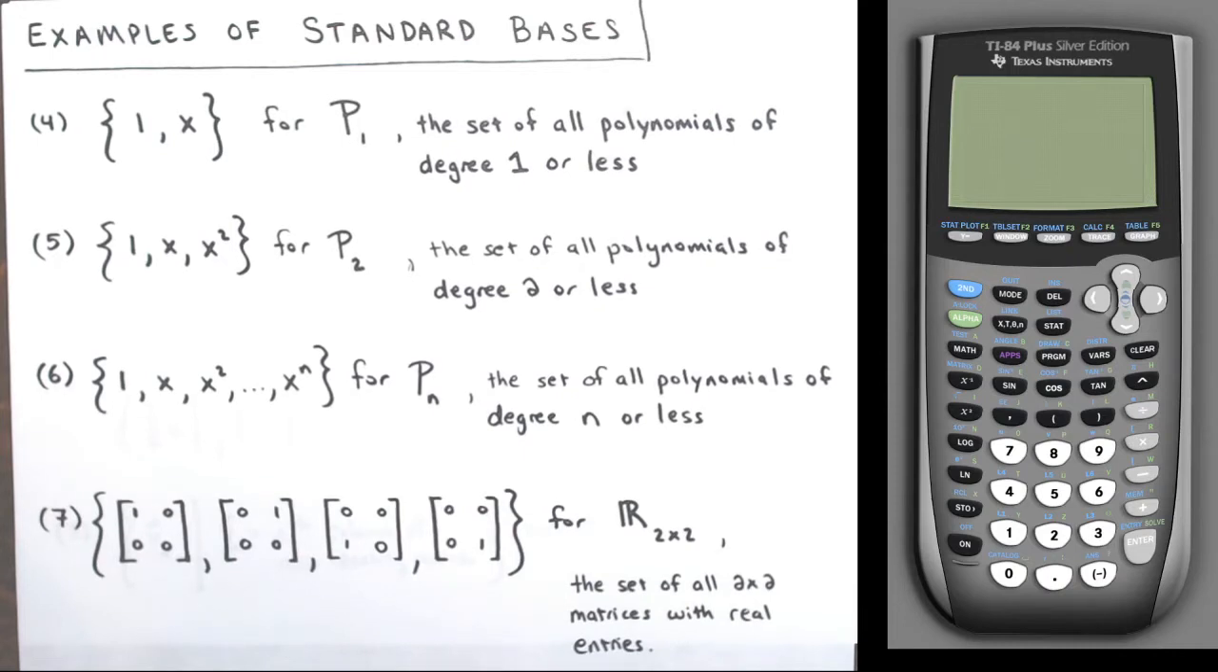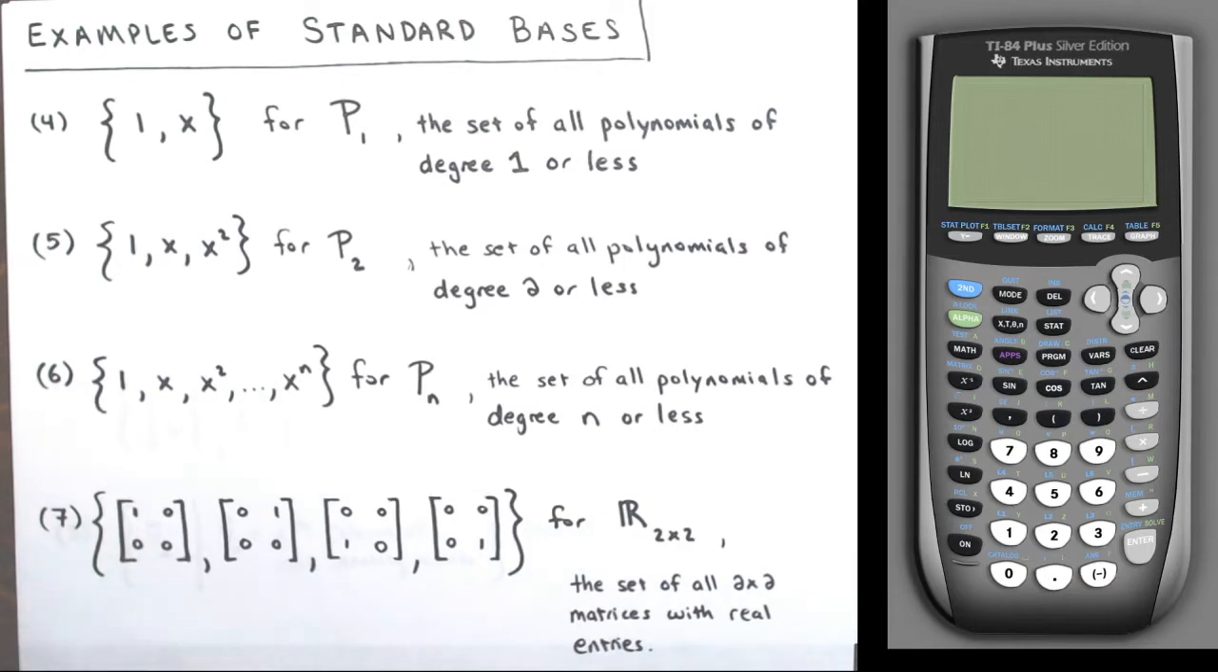Then, after these sets of polynomials, I have also introduced you in other videos to sets of matrices, vector spaces of matrices with real entries. So this R 2 by 2 is the set of all 2 by 2 matrices with real entries. That's a vector space. And the simplest building blocks,